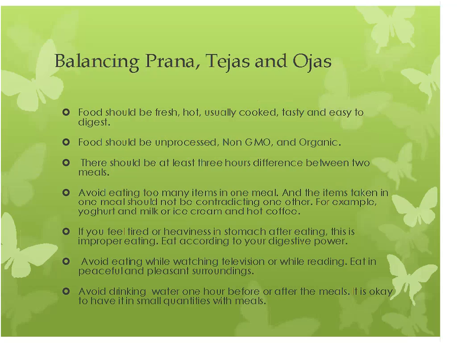Now, very quickly, to balance prana, tejas and ojas, food should be fresh, warm, cooked, but it should be al dente. It should not be cooked till the nourishment is gone. It should be easy to digest. Food should be unprocessed, non-GMO and organic. Of course, it's hard to do all of these things. Even if you could do 5% or 10%, you're making a difference. Ayurveda does not believe in small meals every 2 hours because that disturbs the agni of the body. If the body is following the cycle of the sun, then we cannot eat every 2 hours. So at least 3 hours difference between 2 meals.